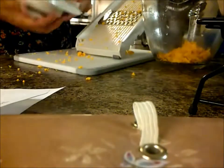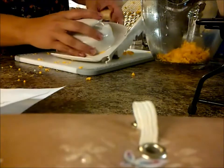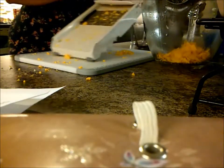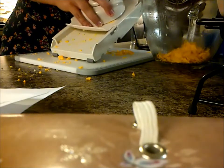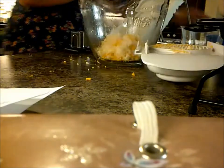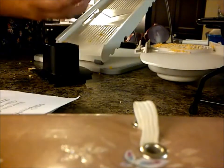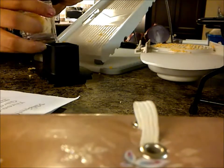So basically on our beautiful mandolin, we're going to put the, you basically would shred down. Now I'm going to go over Parmesan cheese, no problem. You put the cheese in here, and basically it does the cheese, you put the cheese in here and then you,